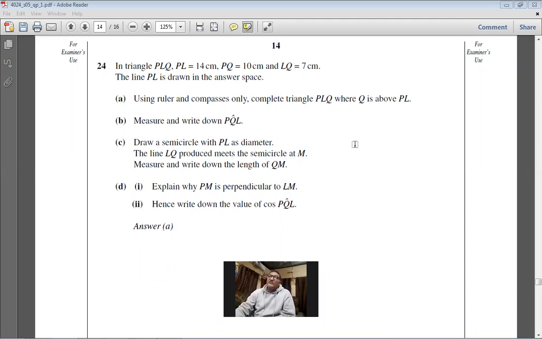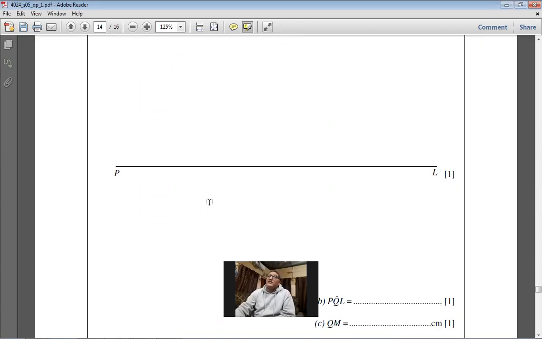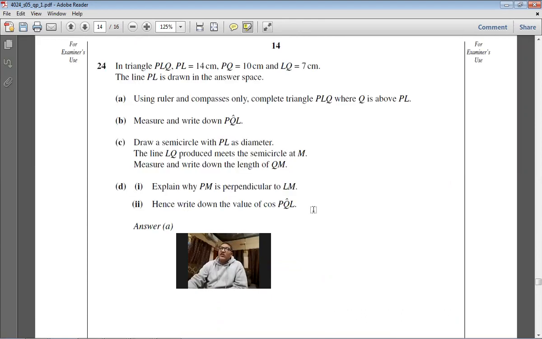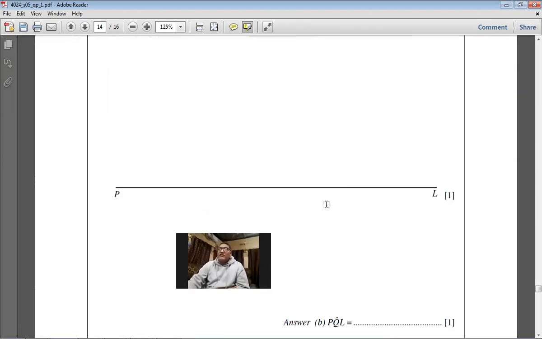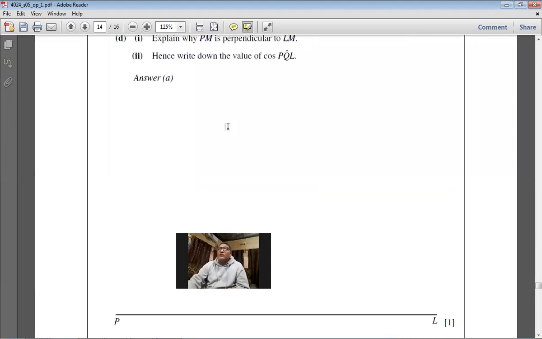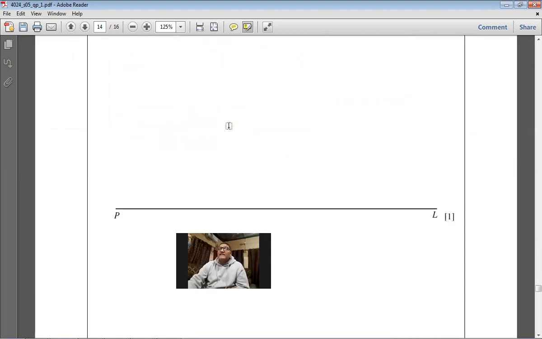So here they have shown a line. I can show you that this is the PL line, which is 14 centimeter long, and they want you to complete this triangle PLQ. The three sides of this triangle are given. So the methodology is very simple. The other two sides are also given. The PQ side is given. You open your compass 10 centimeter, and taking P as the center, put the pin of the compass here